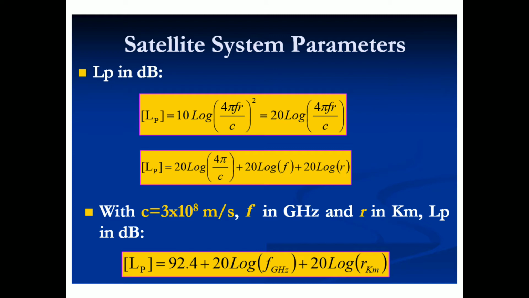This is because whenever you are given a problem, normally we are not given the free space losses, but we are given the distance between the earth station and the satellite, and also the frequency of uplink and downlink. So this free space loss occurs for an uplink as well as downlink, and therefore depending upon the distance and the frequency being transmitted, we need to calculate the free space losses.